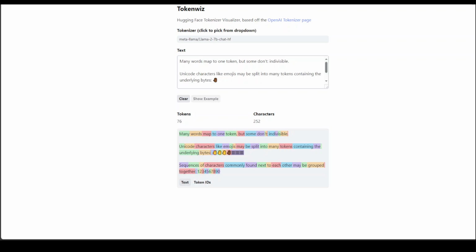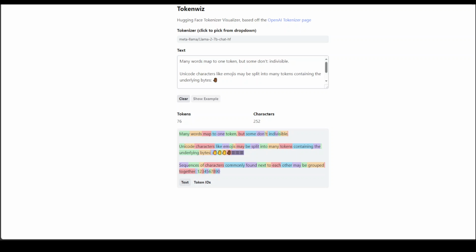Tokenization is one of the fundamental concepts in large language models or generative AI. Large language models process text using tokens. Tokens are simply common sequences of characters found in a set of text. The LLMs learn to understand the statistical relationship between these tokens and then excel at producing the next token in